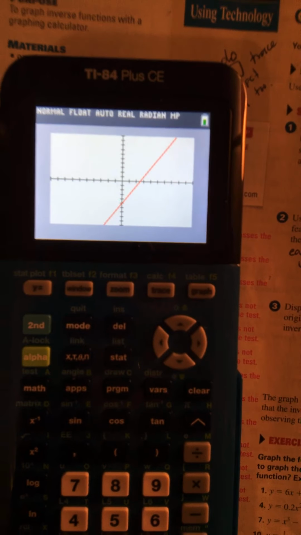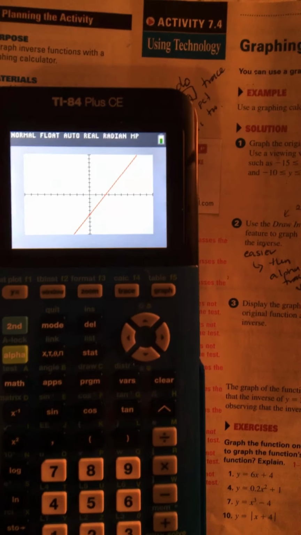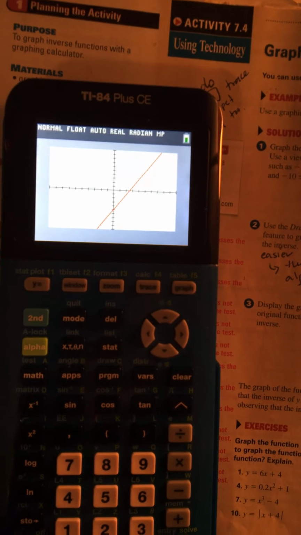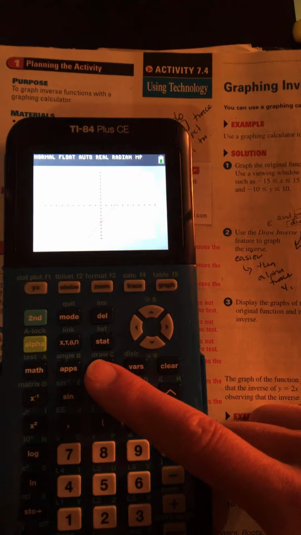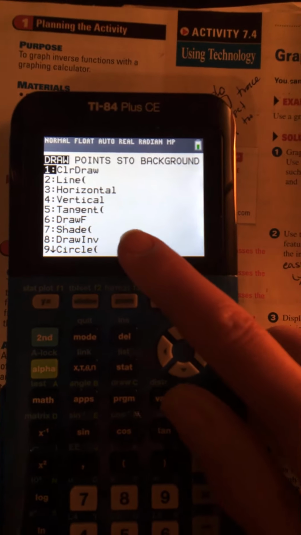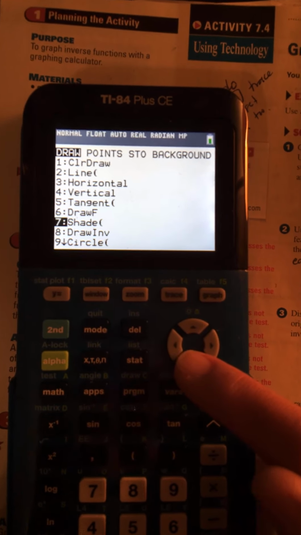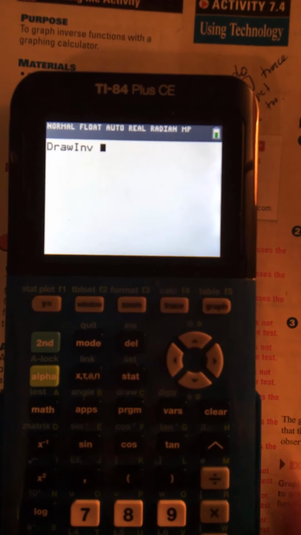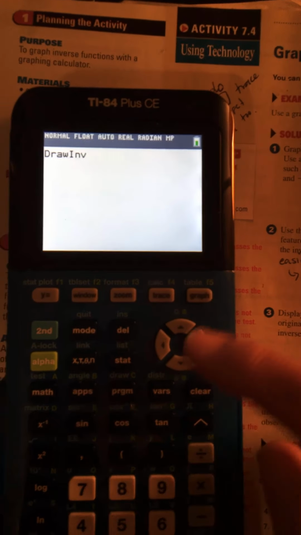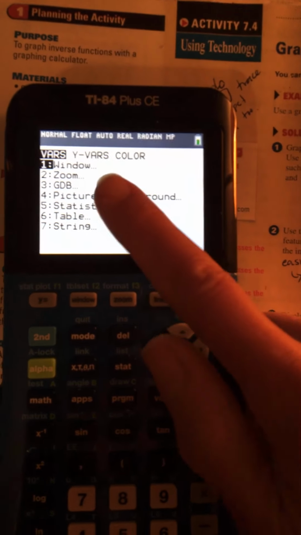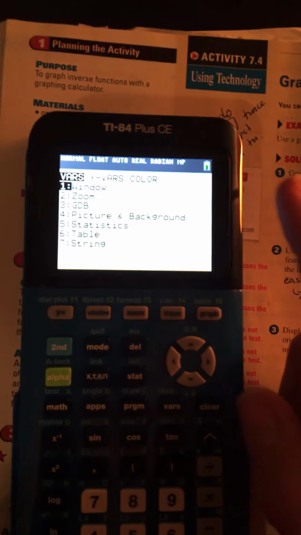All right, so now there's more than one way to do this, which you've probably figured out by now. There's always more than one way to do it on your calculator. But this is what we're going to do. I don't know if you can see it, but right there, can you see how it says draw? Right there behind the program, the second program is draw. So that's what we're going to do. We're going to do second program, and we're going to go down to number 8, draw inverse. Now, we have to tell it what to draw the inverse of, and there's more than one way to do it. One way to do it is to go to vars, go over to